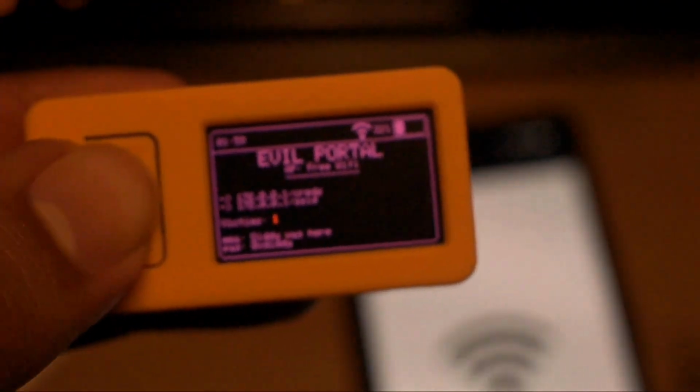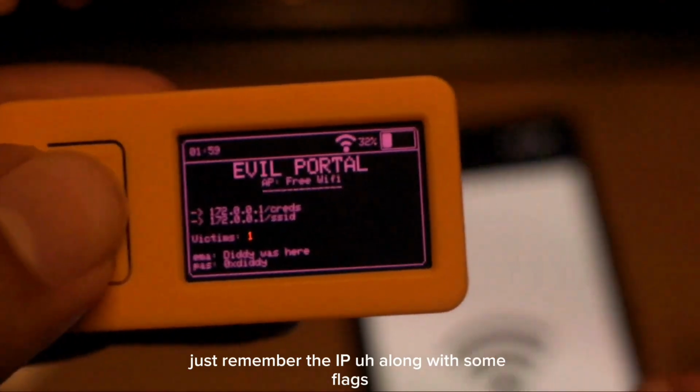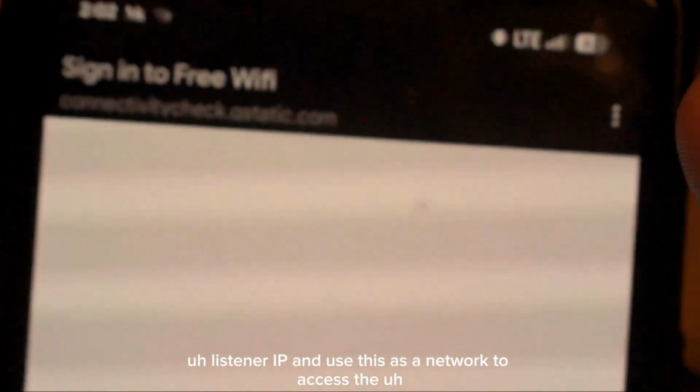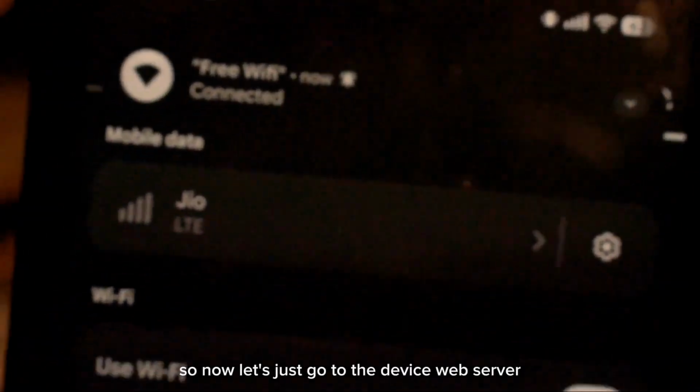And just remember the IP along with some flags. We will use that listener IP and use this as a network to access the credentials page and to change the SSID name. So now let's just go to the device web server, enter the IP address in your browser,